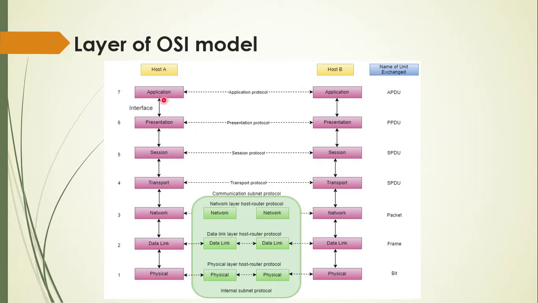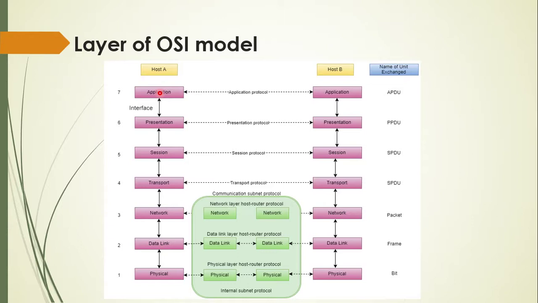See here, between two layers we have protocols. So communication between layers is done using protocols. A protocol is a set of functions that they have to implement, or we can say that a protocol is a set of rules. So whenever host A sends data to the application layer, the application layer is the topmost layer and it is the user friendly application.